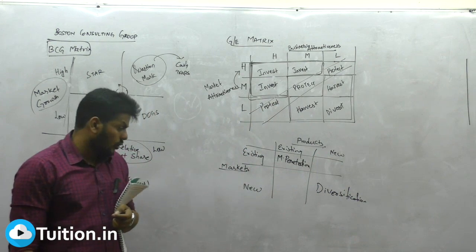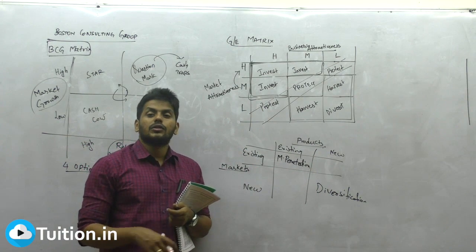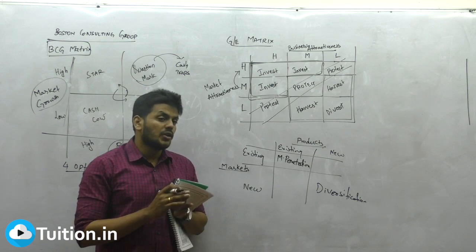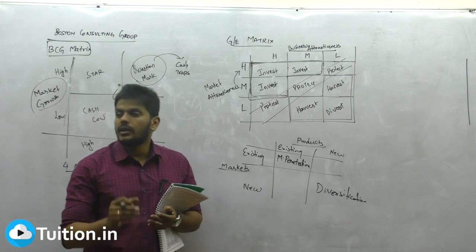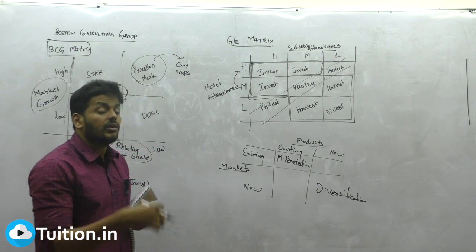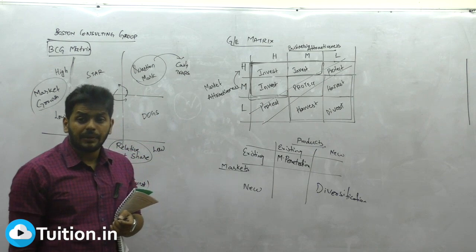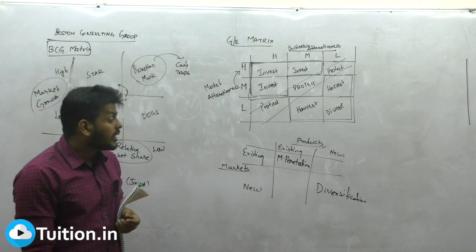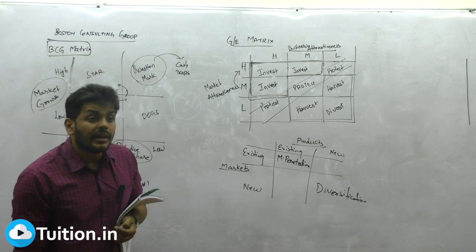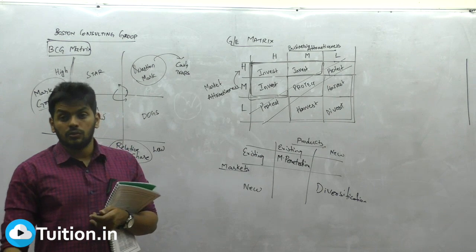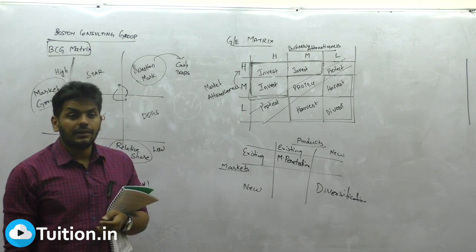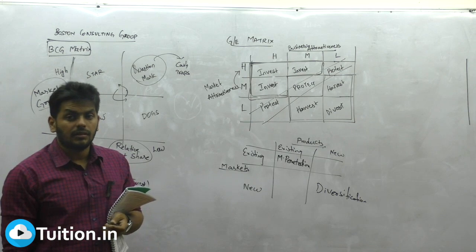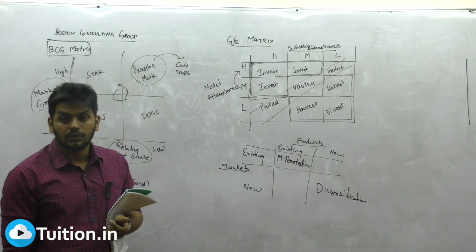Completely entering into a new market with an absolutely new product for which there are no whereabouts. Right now we are going to create that market. Right now we are going to emphasize the product. Everything is now going to happen. That is what diversification is about. But now if you look at the other two boxes, one of them is existing, one of them is new. I will tell you the logic first, then there is a blind way of remembering that, we will go with that also.